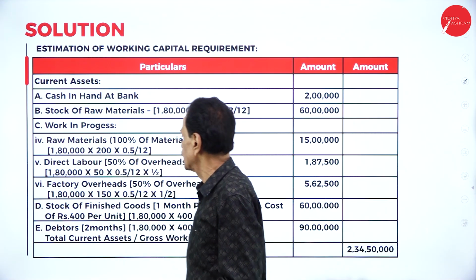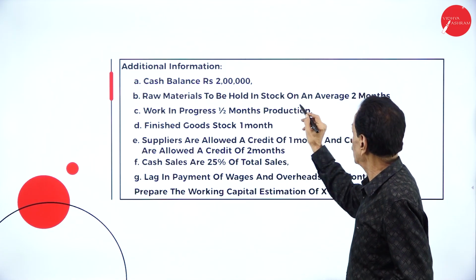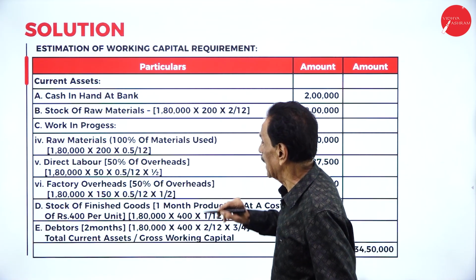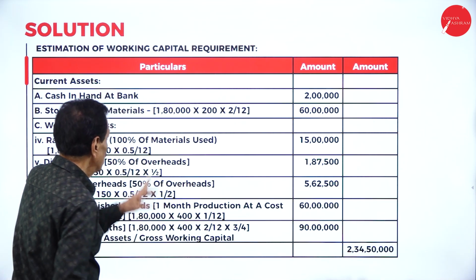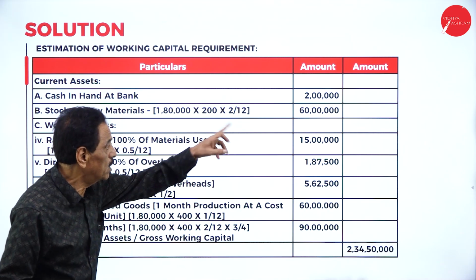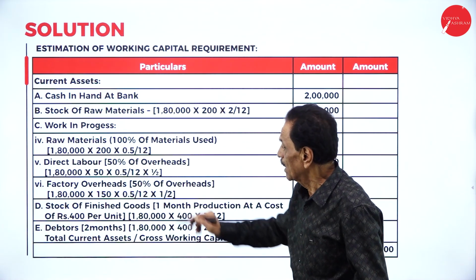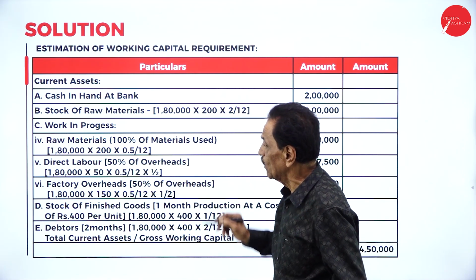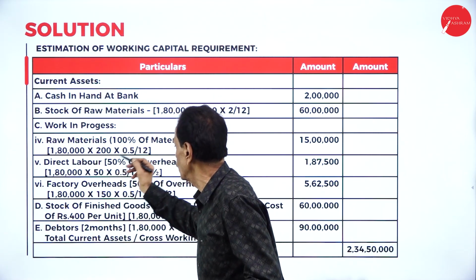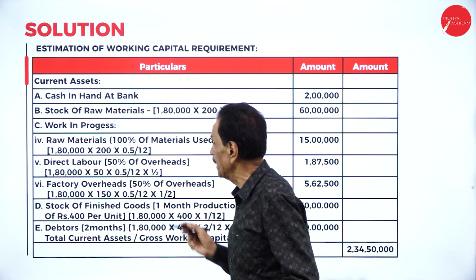Raw materials come back. Then raw materials to be in stock an average of 2 months: 1,80,000 divided by 12 into 2 into 200 is 60 lakh. Then work in progress, raw material 100% of material used: 1,80,000 divided by 12 into 2 into half a month, which is 0.5. Direct labor 50% of overhead,